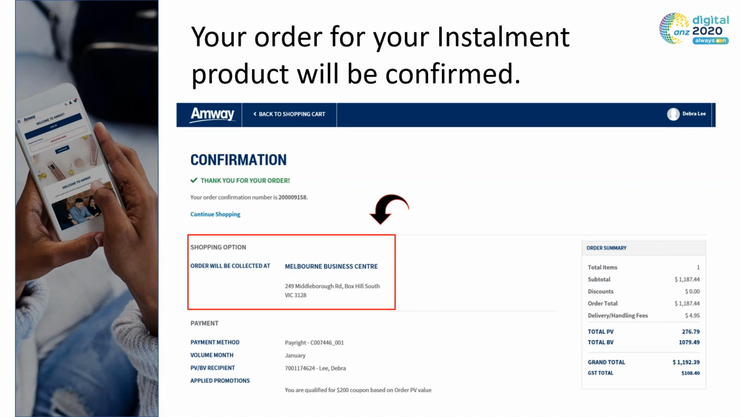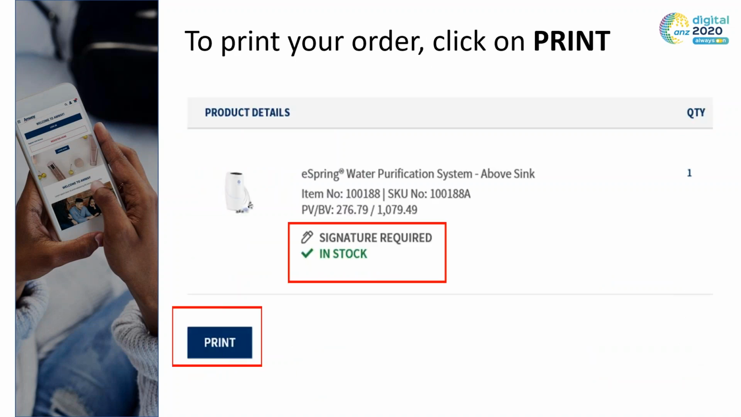She's going to get a notification from the Business Centre when her order is ready to pick up. You can now print your order. And remember, if you're having your product delivered, you must have a signature, so have someone who can actually sign for it. If you're going into the business centre, they will ask you to sign for your order as well. You can print off your order